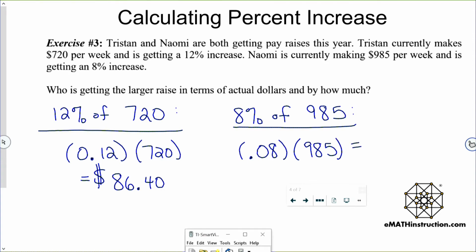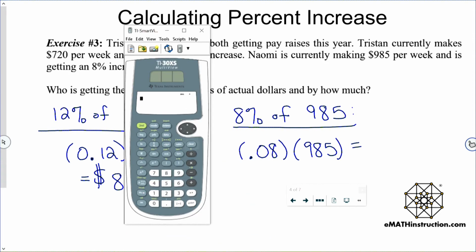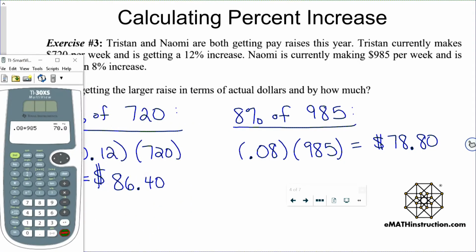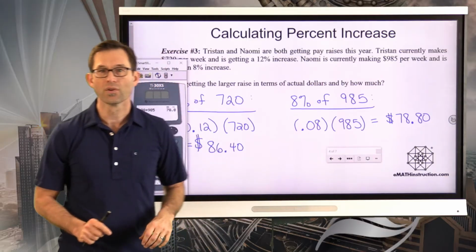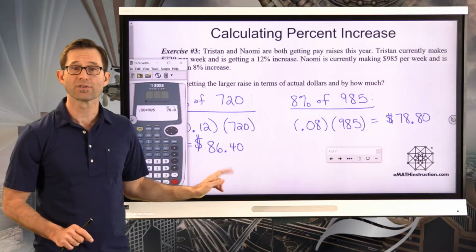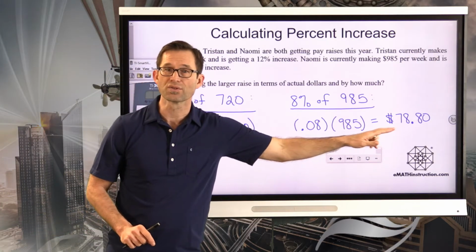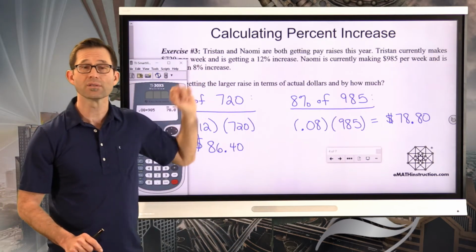Let's figure out how much we get there. 0.08 times 985 gives me $78.80. So it's now easy enough to look at these two values, $86.40, $78.80, and know that Tristan's getting the